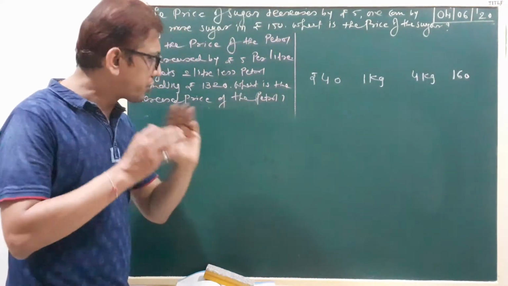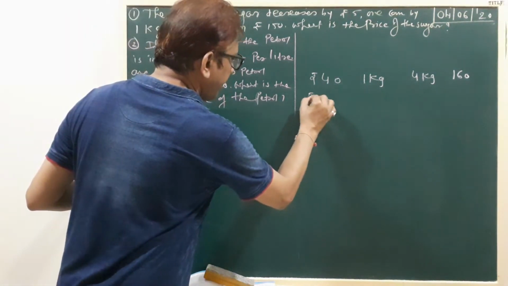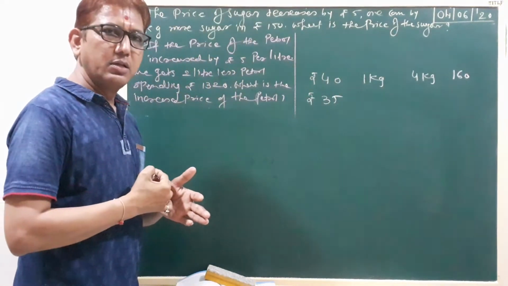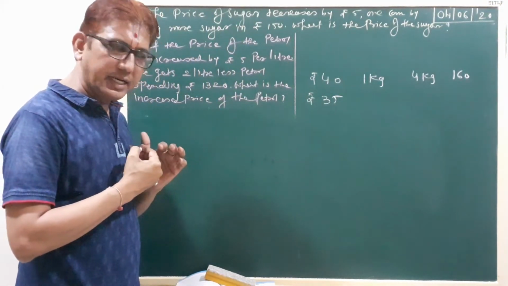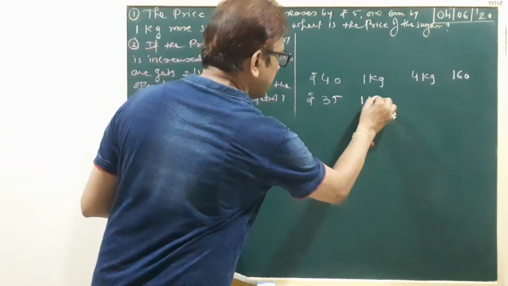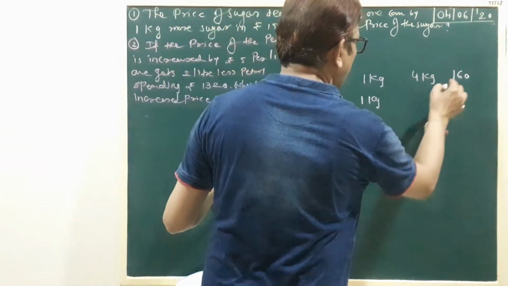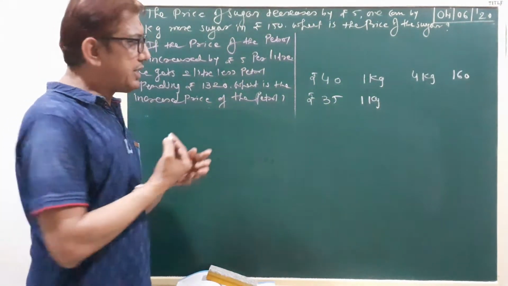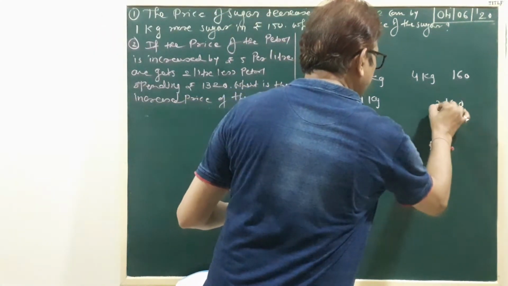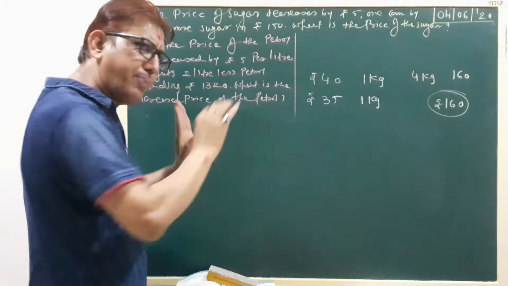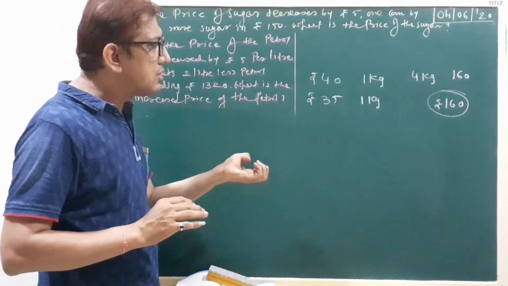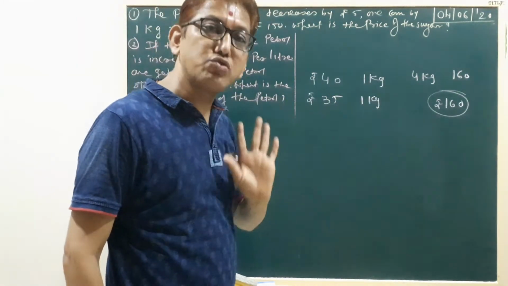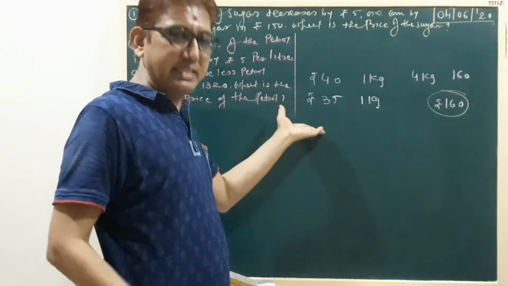Now if the price decreases by 5 rupees, that is 35 rupees per kg. Now the price will be decreased. We take 160 rupees for sugar compulsorily. So naturally, first time 4 kg, now second time more than 4 kg sugar, because the price will be decreased. Is that clear?